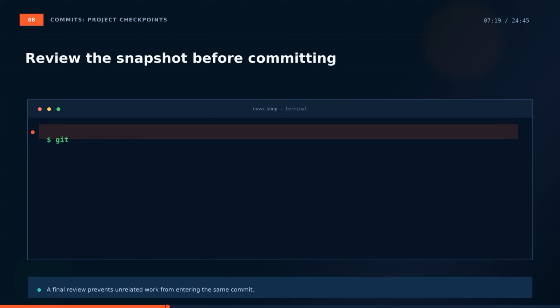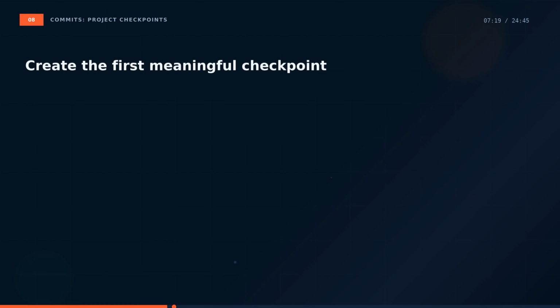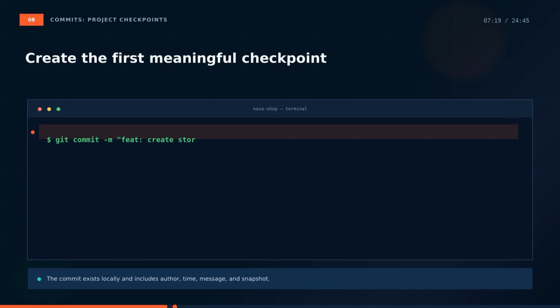Before creating the first commit, Alex runs git diff --staged. The terminal shows the exact lines that will enter the snapshot. He confirms that the storefront heading and style sheet link belong together. Then he runs git commit -m, followed by the message, "feat: Create storefront shell." Git creates a new commit with an ID such as